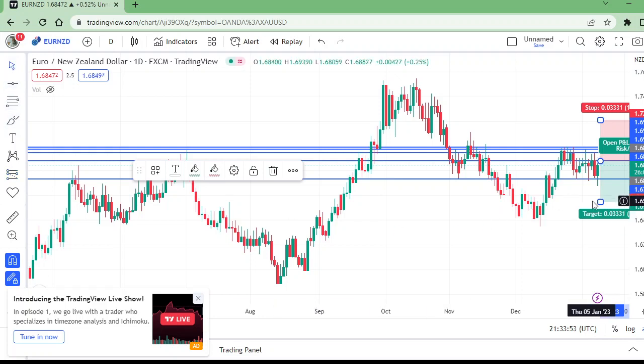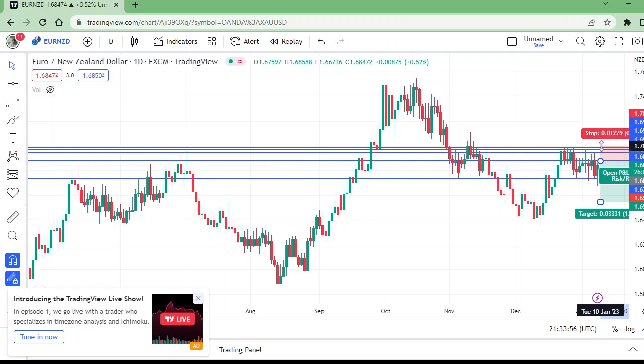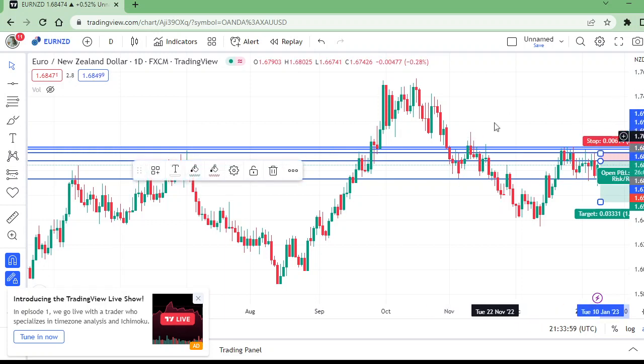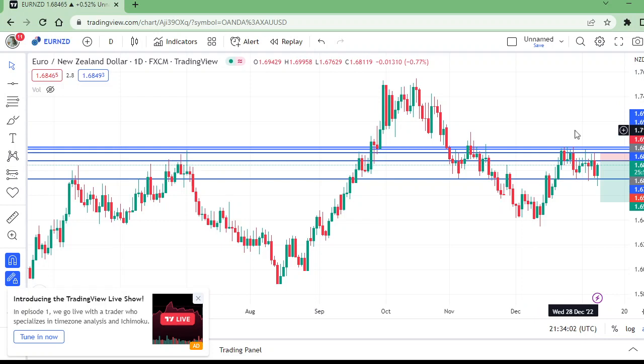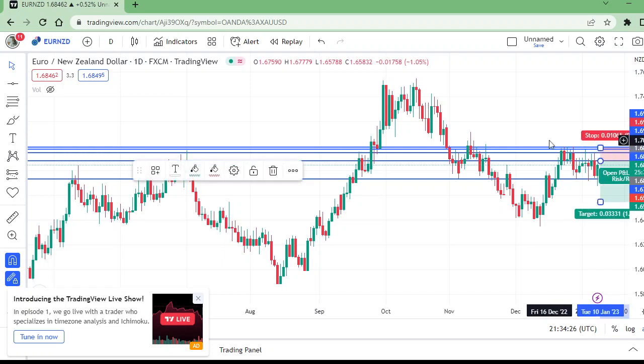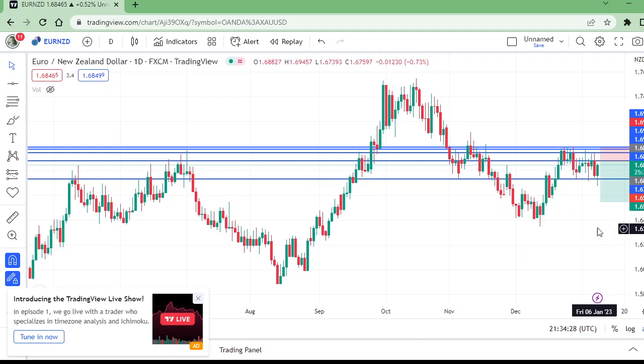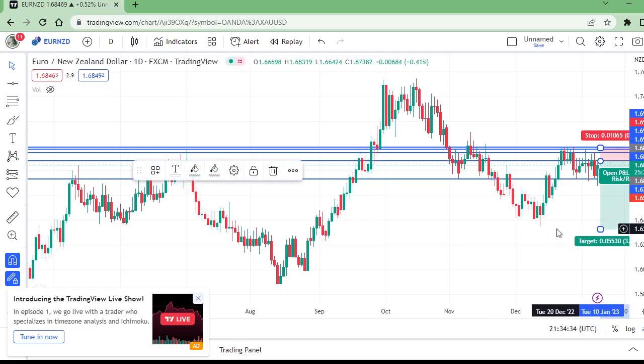Now for the stop loss, this is enough, because I don't think, especially because I am analyzing it, that the pair will go back to this level. Even if it goes, then maybe there is a high spike, it could touch the stop loss, so it is better to keep it to this level. And the take profit opportunity first is here, and second is here on the 1-hour time frame,